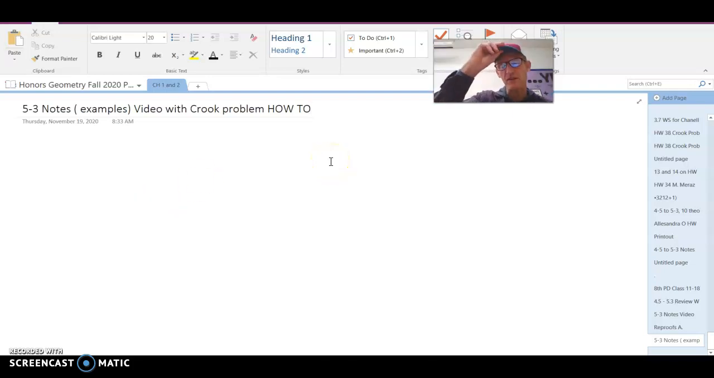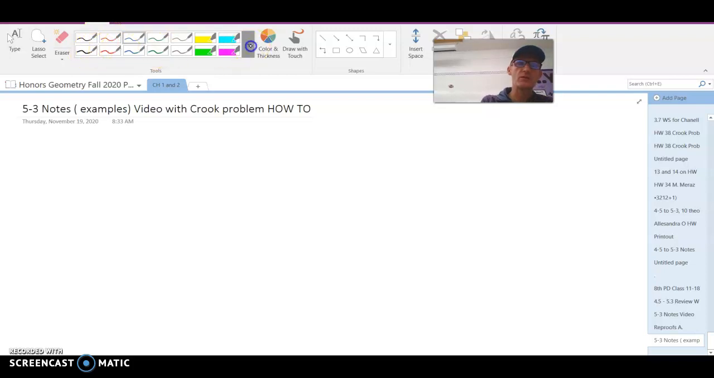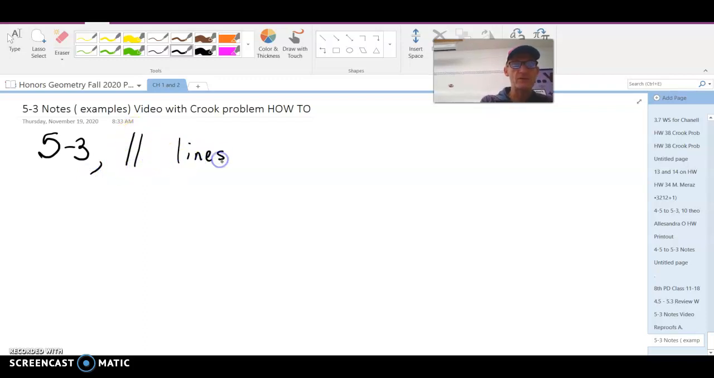Good morning. This video is 5-3 notes examples with a Crook problem. How to do a Crook problem. Okay, so the first thing we're going to start off with is 5-3 notes. So 5-3 is parallel lines. All right, and really the 8 angles